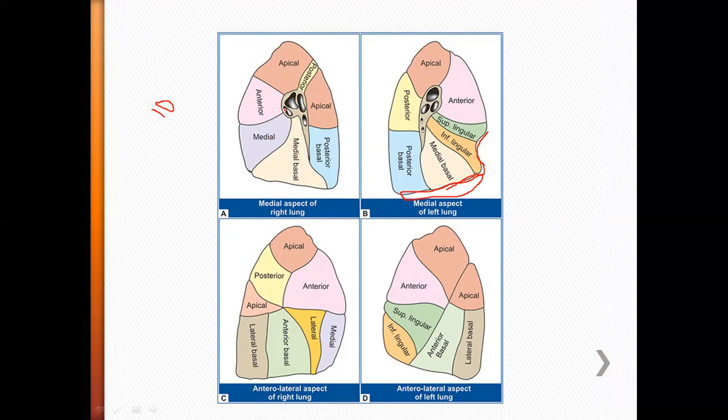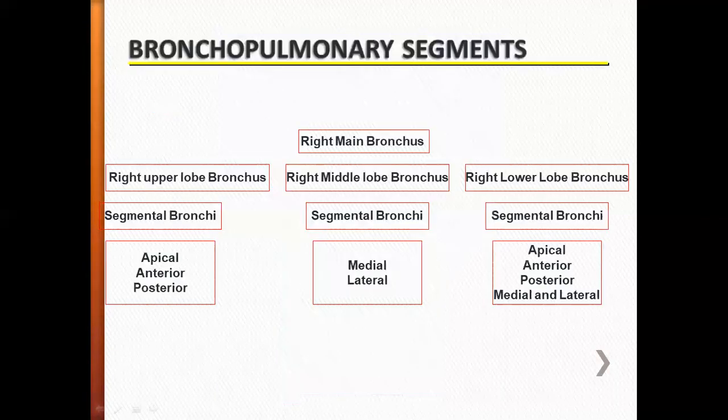Now what is going to happen? There is something called segmental arteries, which will be running in between each of these segments. Do remember that. What is going to run in between all these segments? Segmental arteries will be running between these segments. And along with the artery, what else is running? Our bronchus, the segmental bronchus, is also running all over these segments. Understood? So this is the division.